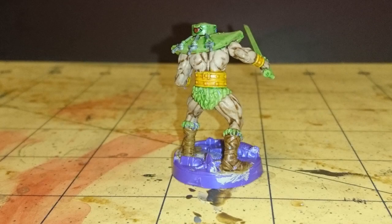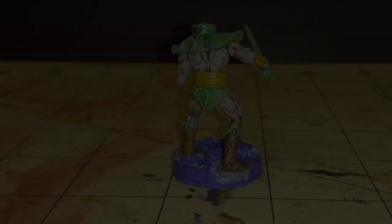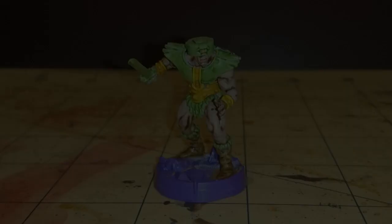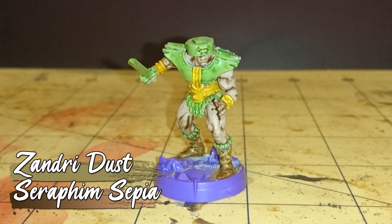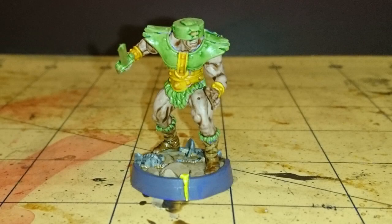It was then I realized he had some knives attached to the back of his armor, so these got a coat of Dawnstone, and then a wash of Nuln Oil. The yellow areas were highlighted with Irial Yellow. The wraps on his boots were painted with Zandri Dust, before the whole boot was given a wash of Seraphim Sepia. And then all that was left was to paint the base, which was done in a mostly similar style